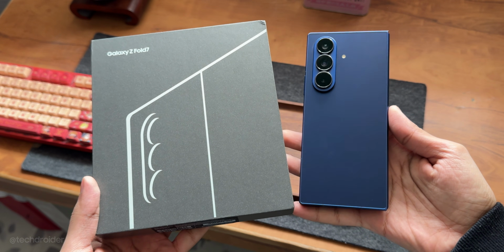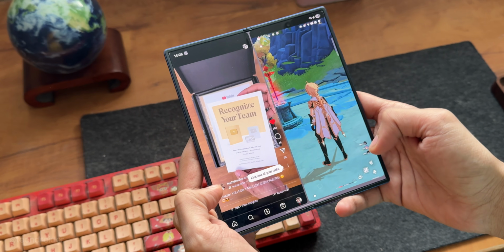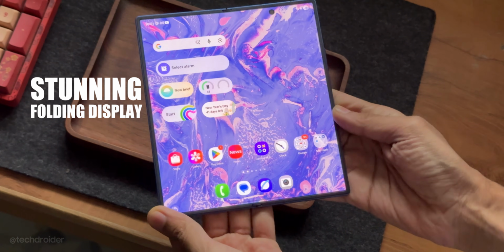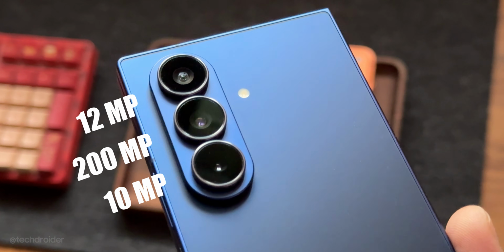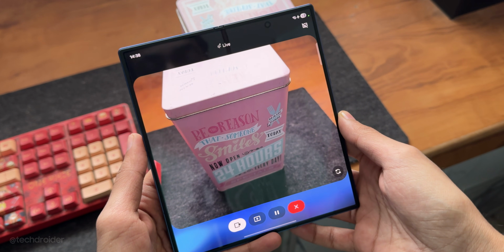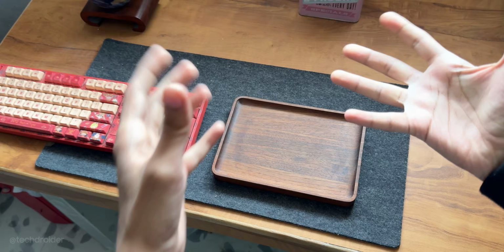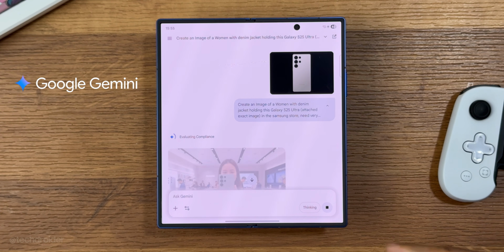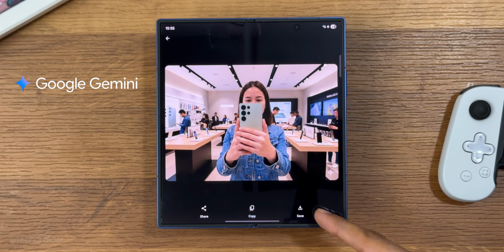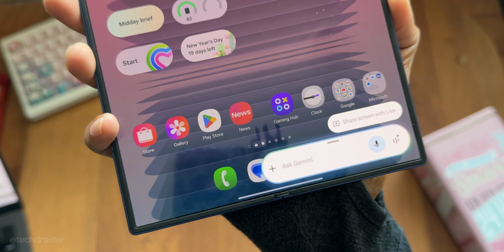The Samsung Galaxy Z Fold 7 is the best and most innovative smartphone money can buy right now. It's not just a phone, guys, it's a tablet-sized powerhouse with a stunning folding display, a massive 200 megapixel high resolution camera, and the most advanced AI features ever put inside a phone. You heard that right, the Galaxy Z Fold 7 is an AI-powered beast. With Samsung teaming up with Google Gemini, this thing doesn't just perform, it literally dominates. It is the most powerful AI smartphone ever created, and honestly guys, Apple Intelligence is nowhere close to matching what